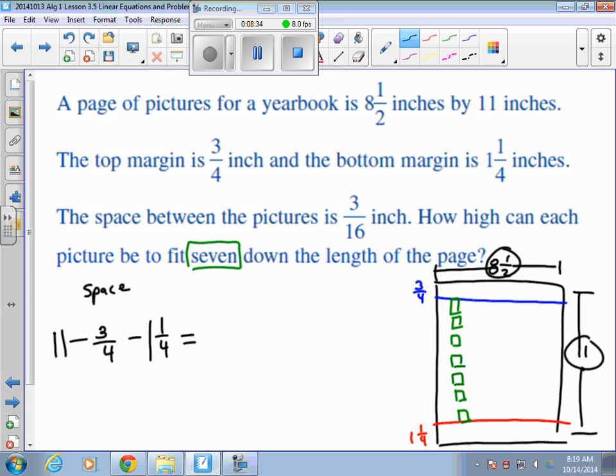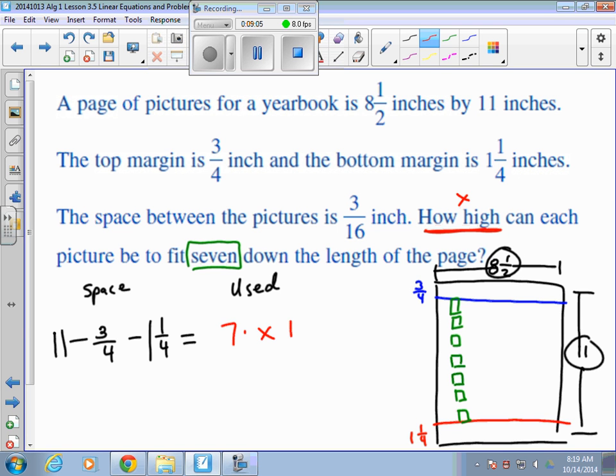Equals, now we're going to talk about the amount of space used. We'll just write the word used over here. How much we're going to actually use. Well, we know there are 7 pictures, but we don't know how high. How high has to be a variable because we don't know how much it is yet. So 7 times the tallness of the pictures, or how tall they're going to be. So 7 times x